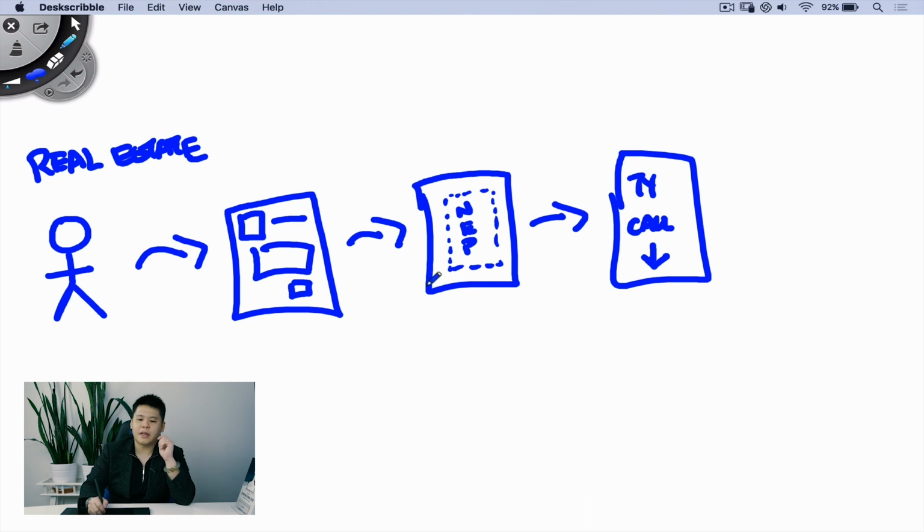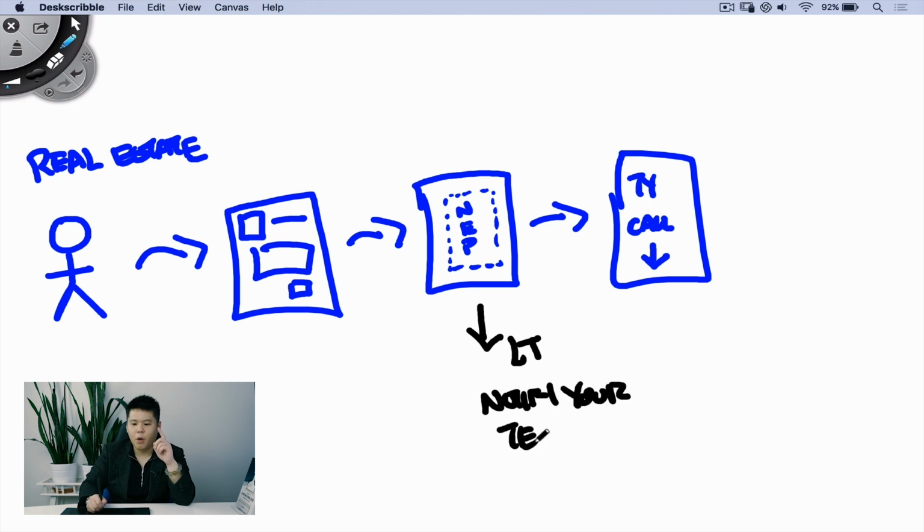Each time the lead submits the information, you need to make sure, once again, that you automate the process through LeadsTunnel to do one thing: notify your team, or in this case, your friend that owns a real estate agency, or your client, that the lead came through, and that they should call the lead right away. That way you are going to keep the lead hot.